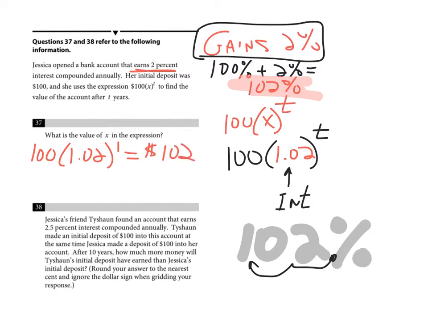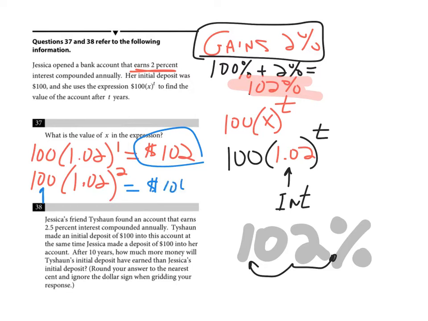After the second year, she would take 100 and multiply it by 1.02 to the second power. You could take this and multiply it by 1.02, or you can take 100 and multiply it by 1.02 raised to the second power. So after the second year, she would have $104.04. So here the answer to number 37 is going to be 1.02. For number 38,